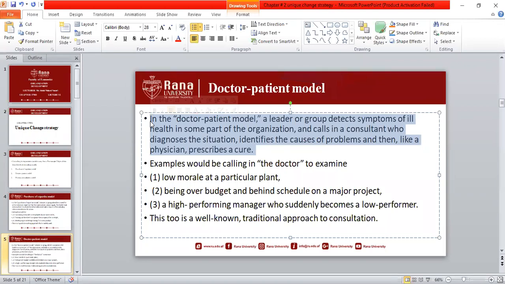In the second, the doctor-patient model, as we discussed, if you are having any health problem, definitely you consult your doctor. But how will the doctor know about your illness, so that he or she prescribes you some medicine on the basis of the symptoms? First, you will tell all the symptoms to the doctor. Then later on, the doctor will prescribe. Similarly,